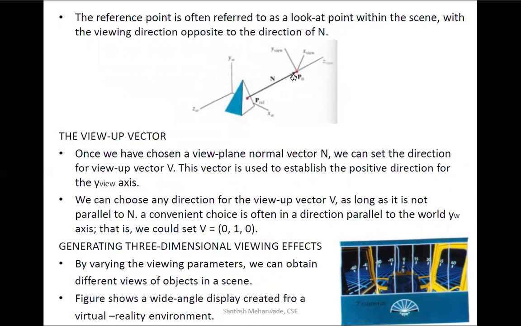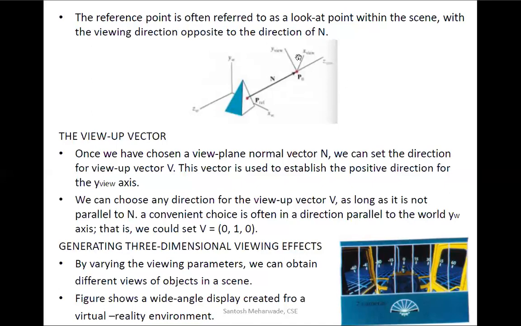I hope you can recall the command gluLookAt, which I talked about in the teapot program. gluLookAt consists of 9 parameters. The first 3 parameters are with respect to the center of projection, or the eye. The next 3 parameters are related to the at point, that is, in which direction you are viewing, where you are looking at. The last 3 parameters are the view up vector, with respect to the x-axis, y-axis and z-axis.